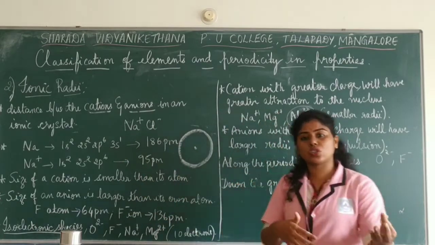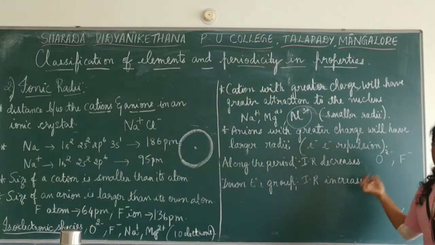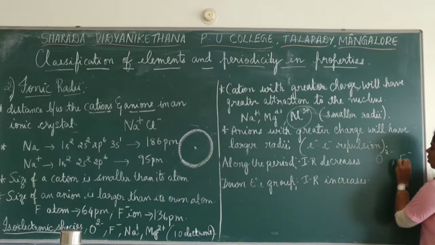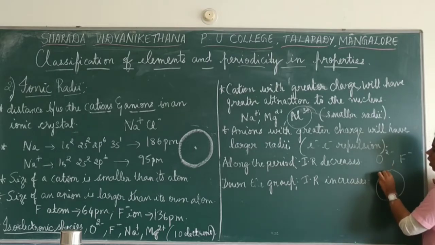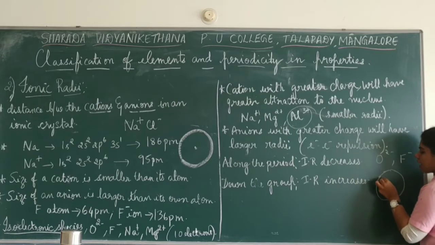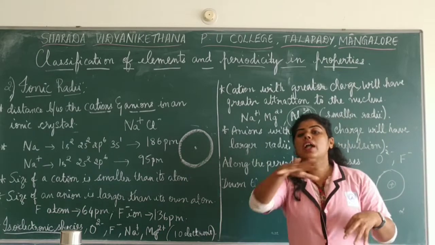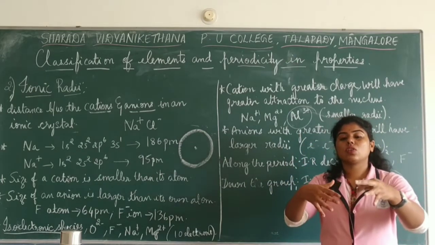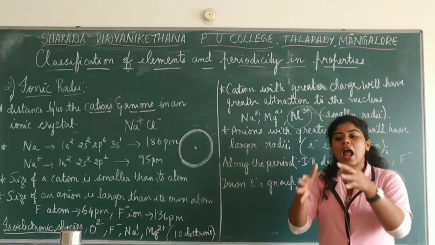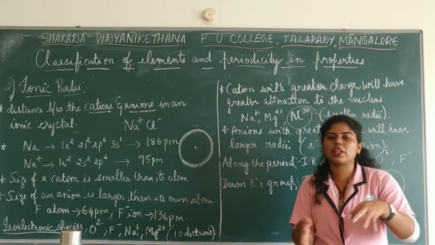Now which has more charge compared to fluorine? That is oxygen, so oxygen will have a greater radius, as it has gained 2 electrons compared to 1. It has gained 2 extra electrons in the outermost shell. So what happens then? More electrons are present relative to the nucleus. Now the nucleus has less power to attract those electrons, so they overcome the attraction from the nucleus and start repelling each other. That is, electron-electron repulsion will be there between the shells.